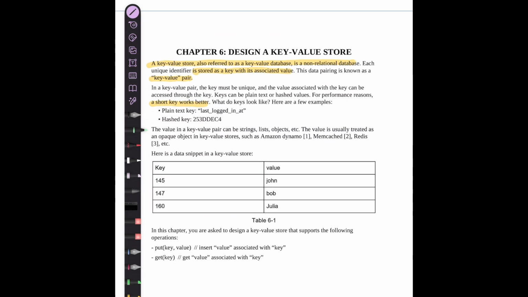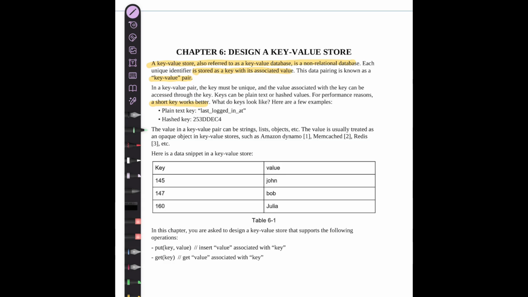Today we'll learn about how to design a key value store. So last time we read about consistent hashing, that's the last video. But today let us see how to design a key value store. Frankly speaking, this chapter I read a few days before. I revisited it today and then I decided maybe I can share it over here. You can find a very nice, better set of videos at other channels, but yeah, I'm just sharing whatever I read through it.